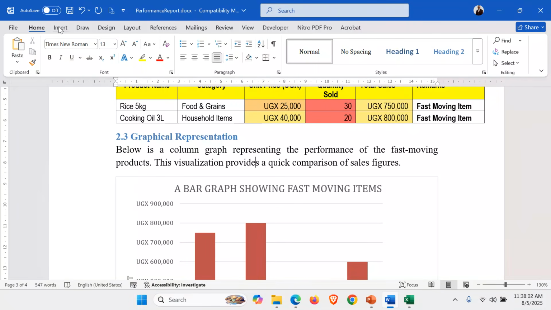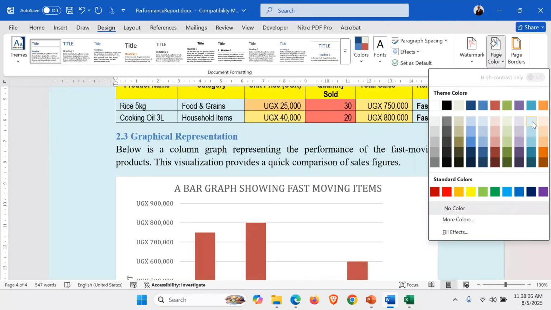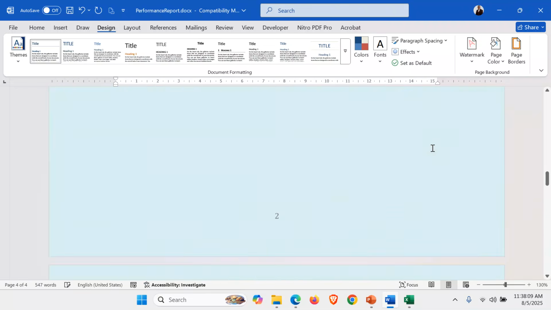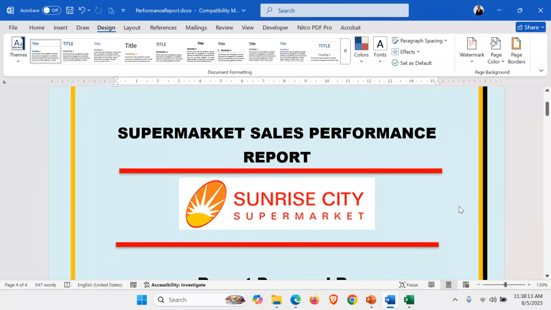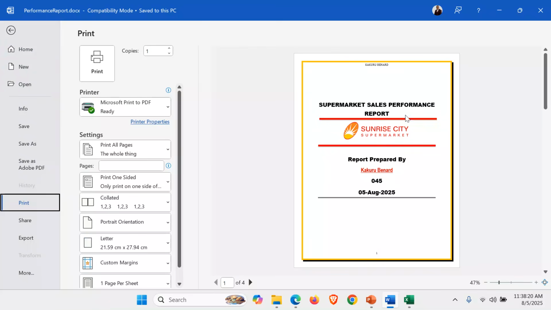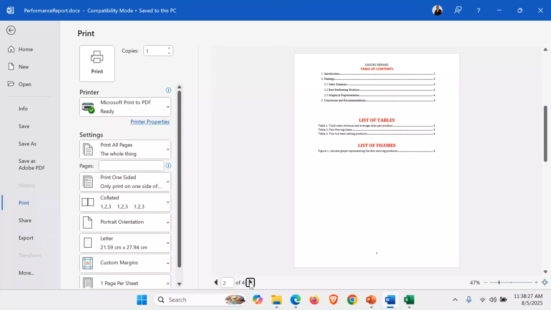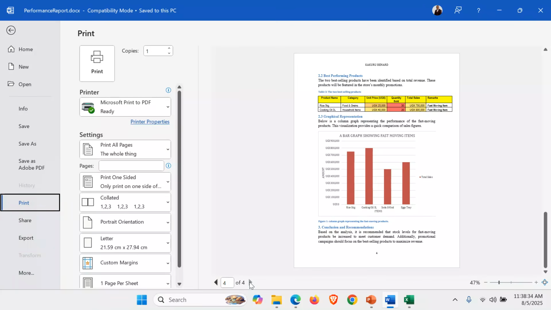Lastly, one can think of putting a page color, any page color, to your work. We save changes and now we print. Go to file, print. When you look at your work, this is a cover page. When you click print, all the work will come out. That is your cover page. That is page 2, tables, list of figures, table of contents. That is your report. So print